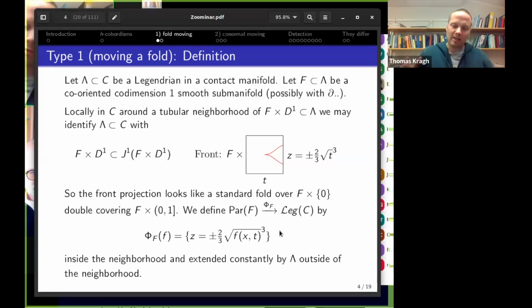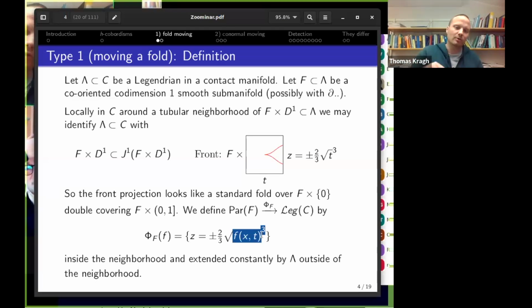And this only makes sense inside a neighborhood where it looks like this. So we extend by lambda everywhere else, outside of this neighborhood. I should point out that this is a well-defined Legendrian precisely because 0 is a regular value. When 0 is a regular value, it means we can find a neighborhood around the 0 set of f,